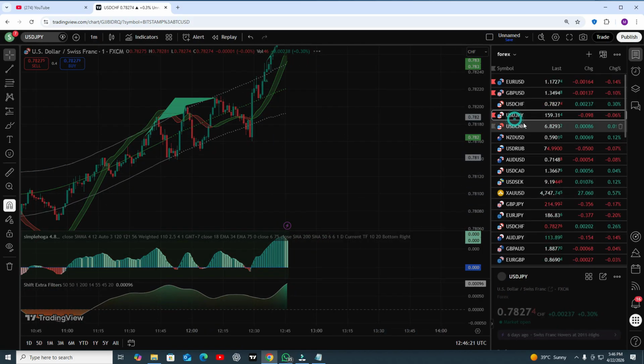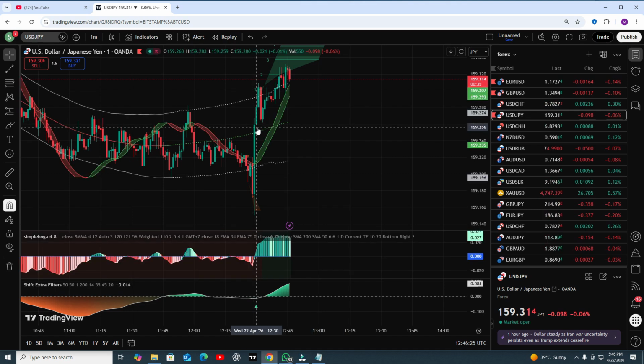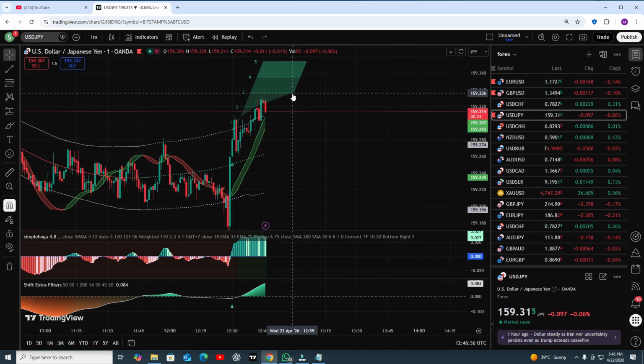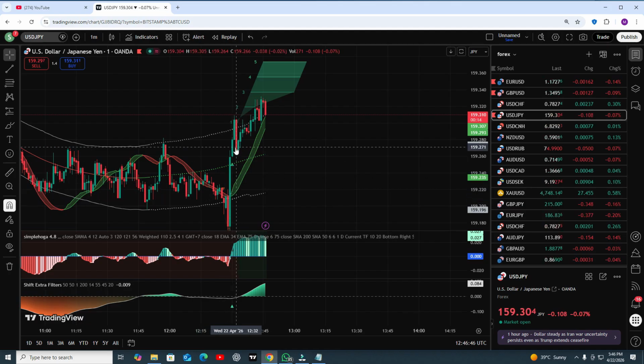Okay, USD JPY, this was your buy trade. According to the requirement, yes, but it's a very small profit, or you can hold the trade until you get the exit point. Here you can see this is actually a good one: the histogram is green, RSI is also green, and it's very close to the lower band line as well. So this is actually your perfect buy position.